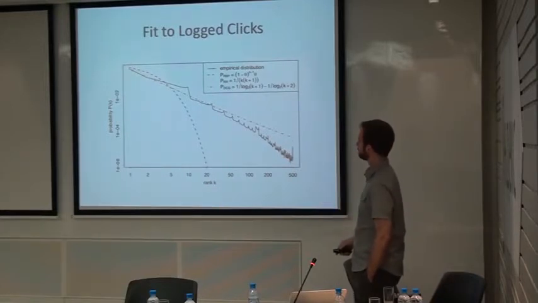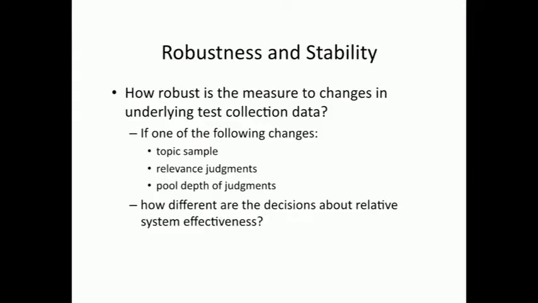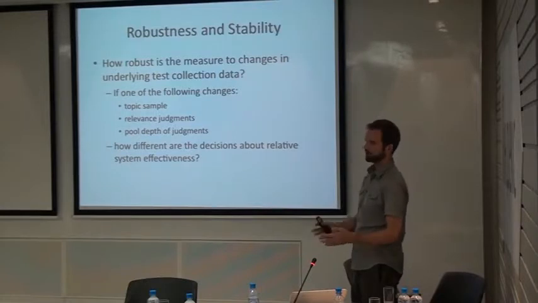And so that's where this comes from. And then when we take the cumulative form of this distribution, it's approximately equal to 1 over k. And 1 over k is often used in DCG, so sometimes people use DCG with a reciprocal rank discount, and they'll call that reciprocal rank DCG or something like that. And so that's why this is interesting.